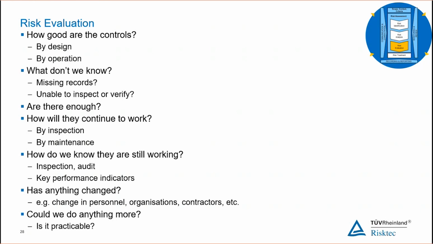If we have these controls in place, then that allows us to start asking the question of, could we do anything more? Have we taken all reasonable steps? Is there any further reasonable step we could take that would further reduce the risk at that point? And if there are reasonable steps we could put in place, are they practicable? What would be the benefits? What would be the sacrifices involved in putting in place these additional controls? Do we consider that that represents a practical solution? So that's risk evaluation. That tells us, very simply, are we good enough?